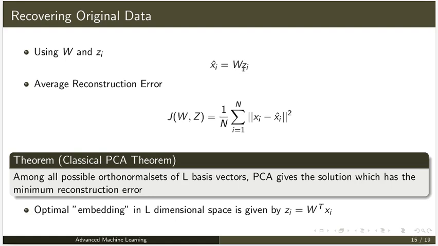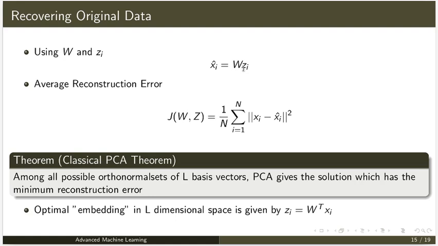Instead of that, you could choose just some L orthogonal vectors and try to reconstruct your x from that W. With the classical PCA theorem, you can be sure that PCA is going to give you the least reconstruction error, and that's why PCA is very popular in analysis.